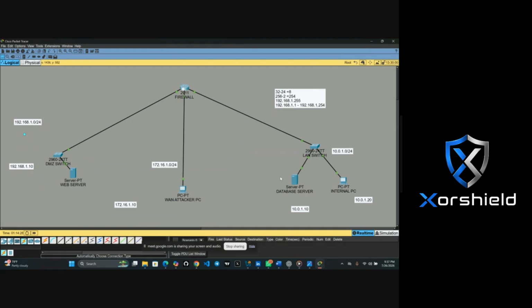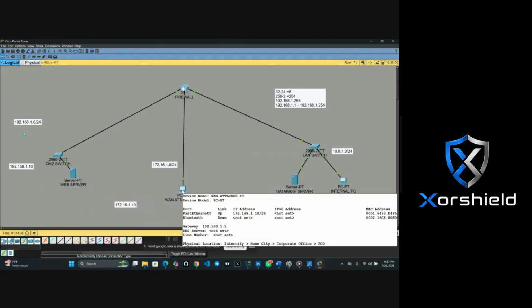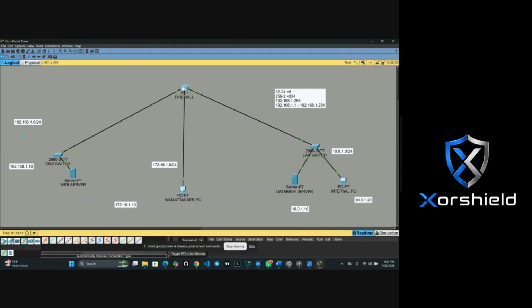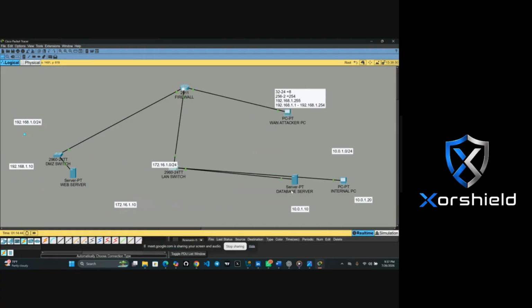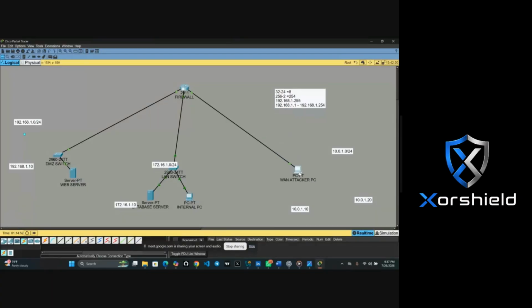Yes, you change the way your cursor is now. You take that database server and take it to the previous place that the attacker PC was. Okay, I want to do what you are trying to say. So I should take this out like this. I think if it's this way, it will be confusing. Is it like this you are talking about?